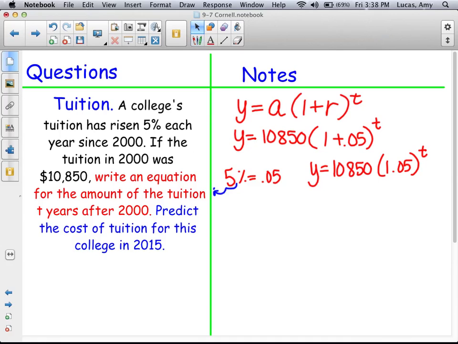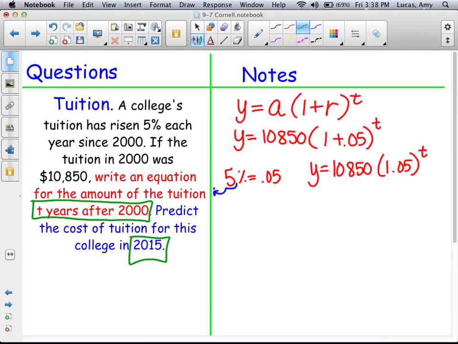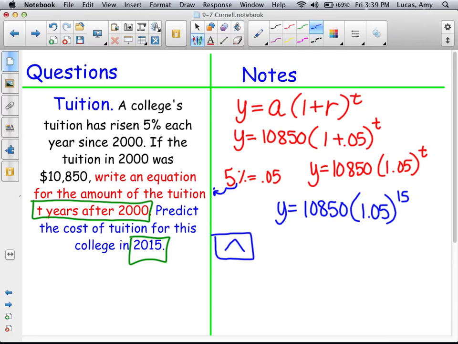Now to answer the question in blue, predict the cost of tuition for this college in the year 2015. Well, the year 2015 would be how many years after 2000? It would be 15 years. So I'm simply going to use the exponent 15, and then I'm going to plug this in my calculator. Remember that on our calculators that we use in class, the upside down V or caret key is our power key, where we can put in any exponent. So 10,850 times 1.05 to the power of 15